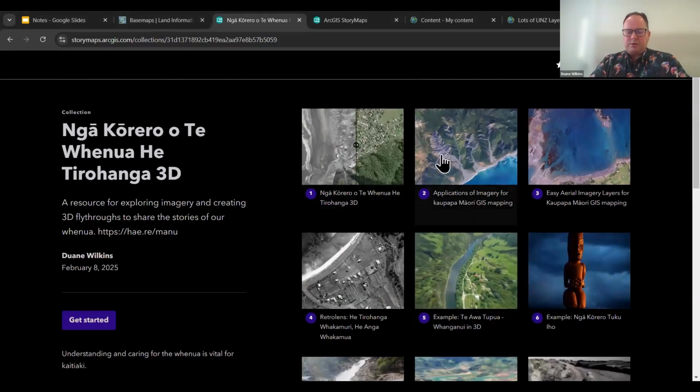In addition to the imagery you've seen, there are a number of other layers I think are of interest to Māori, particularly things like Retrolens. And some of the councils, as you saw from the LINZ data, have pulled a lot more of the data together into 10-year bands. So I'm going to share with you, if you've got a pen handy, you may want to write this one down.